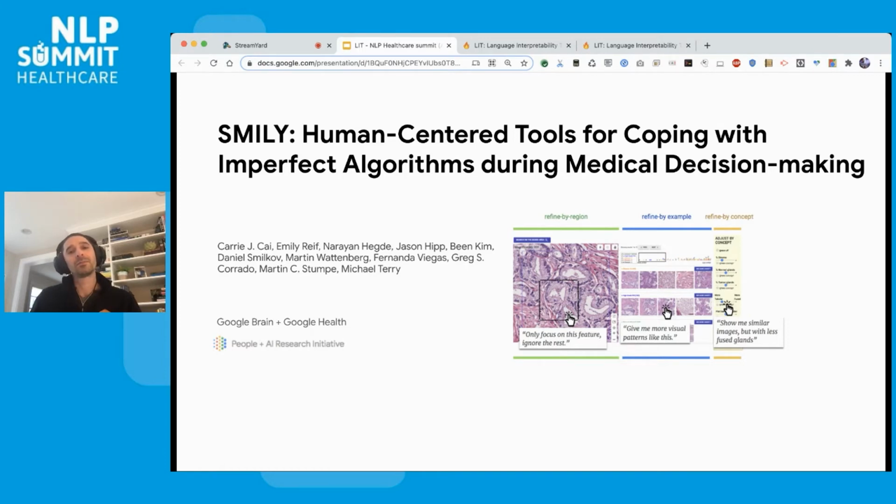And this search that we built contains smart AI-driven elements that allow you to refine the search as a human, not just for similar looking pathology slides, but also with concepts that are really important to doctors, like maybe more tubular or more fused or different percentage of tumor glands. And they can tweak these things and have it affect the search in a way that's driven not by visual similarity necessarily in terms of pixels, but in terms of concepts that the model has learned. So it's a great way to put humans in the loop during model deployment and allow them to have some agency over what the model is actually doing.